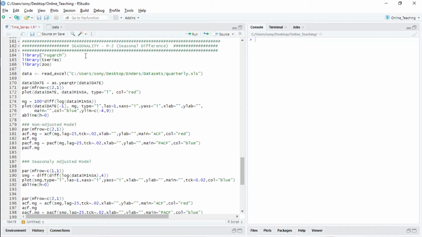It might happen that during that particular period you removed the seasonal pattern, but what about the seasonality which happened before that specific period which you have selected?